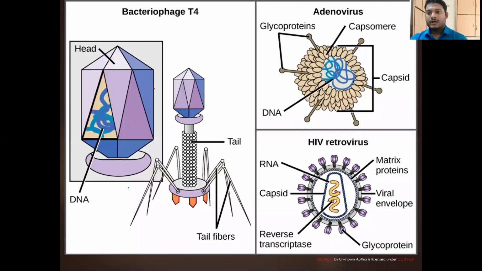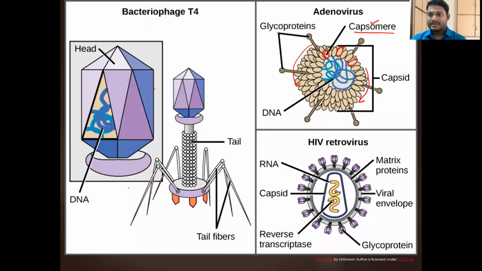Right. So when we talk about the viral structure, you have to understand this with the help of this particular adenovirus, a simple structure. We are going to have this capsid. The outer layer is called the capsid. This proteinaceous capsid layer is formed of capsomeres. The individual units you can see here are called the capsomeres.